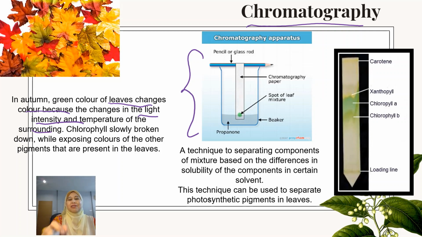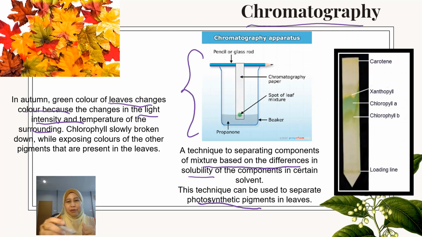Actually the technique used is to separate components of a mixture based on the differences in solubility of the components in a certain solvent. So in this case, we use it to separate photosynthetic pigments, that is pigments of different color in the leaf. We separate them using this technique because their solubility in the solvent is different.